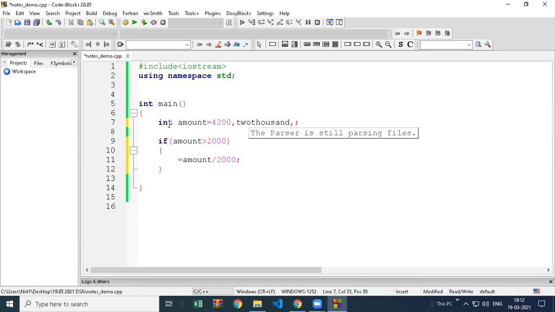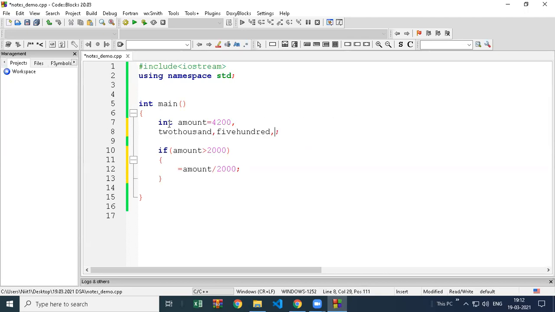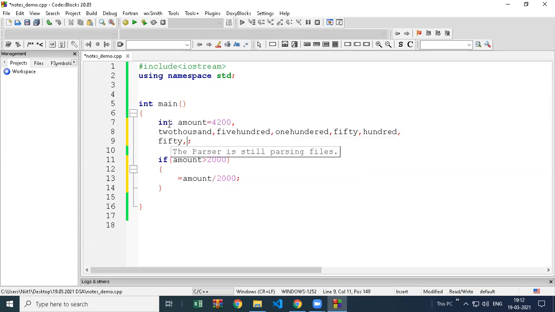Then we have 500. You can create variables like this. Then you can also try different logic for minimizing, but this one is easy to understand, so we'll try this. Then we have 200, 100, 50, then 20 is there, and then 10 is there.